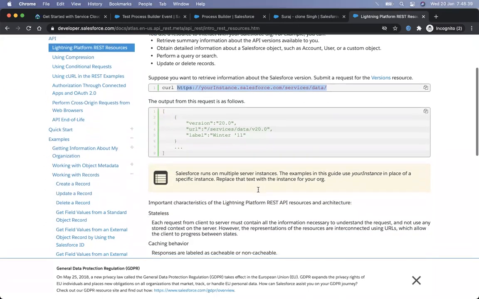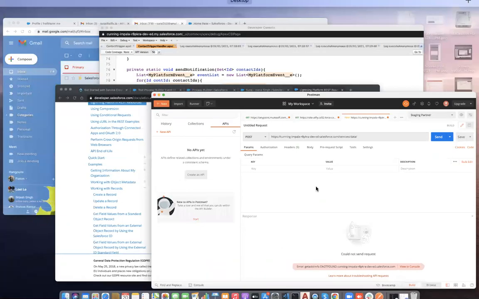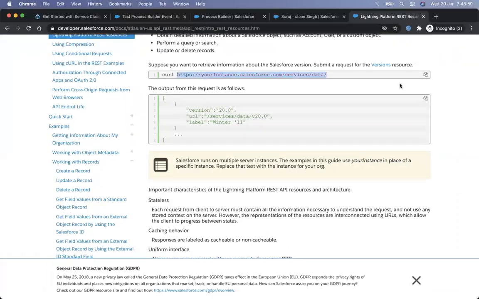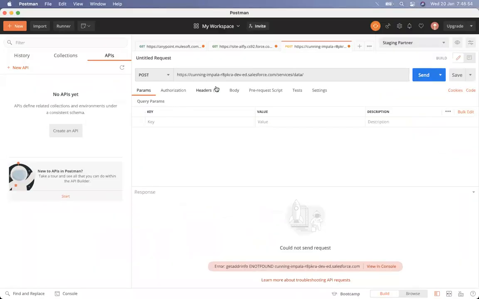So you all are familiar with Postman. If you're not, then install Postman. It's just a small tool. You can download it from Google and then install it on your system. It's easy. After that,